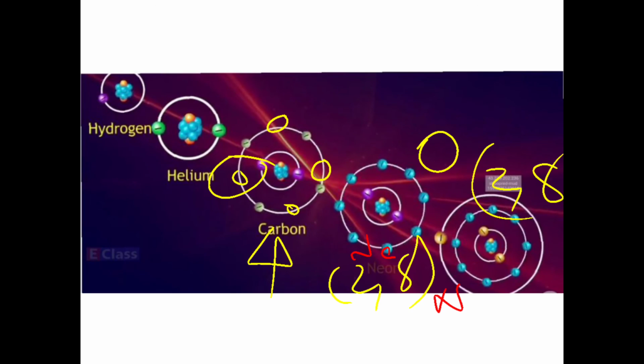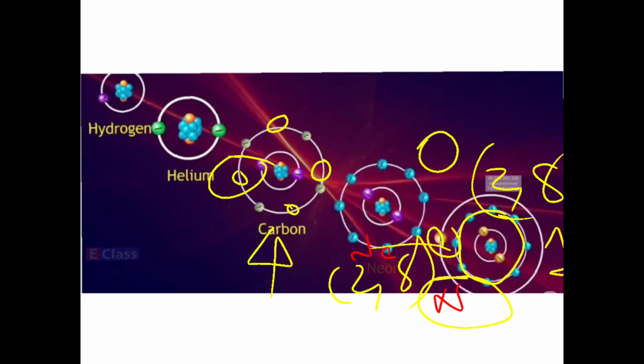Now here children, in the outermost orbit there is only one electron, so it pushes out the other 8 electrons, saying go away from here, then our outermost orbit will be complete and I will be stable. So sodium pushes out one electron, and that is why the valency of sodium is 1. So now you got an idea what valency is. It is the number of electrons which an element gives, takes or shares in order to complete the octet state or the duplet state.